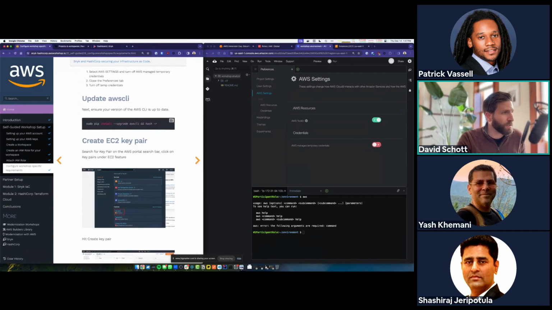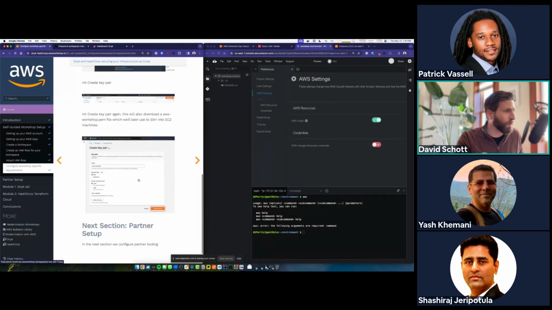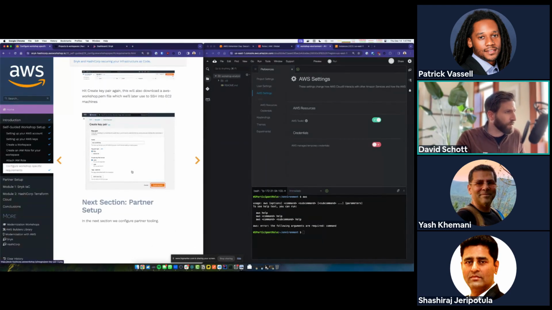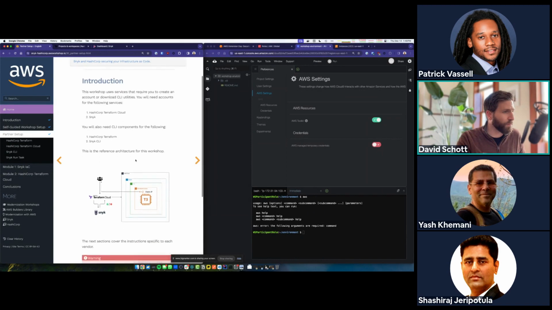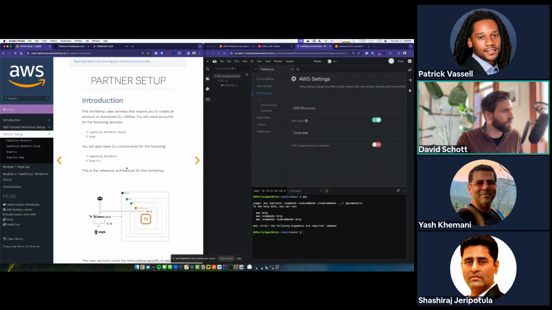And this section about creating an EC2 key pair, you can do this on your own time if you want. If you really want to be able to connect, like SSH, into the EC2 instance that we deploy, then you're going to need a key pair to do that. But it's not required for this workshop. We don't need to log into it. So we're going to skip that section. And I think that's everything for this right here. Our Cloud9 environment is in good shape, and I think we're ready to move on to the next section.